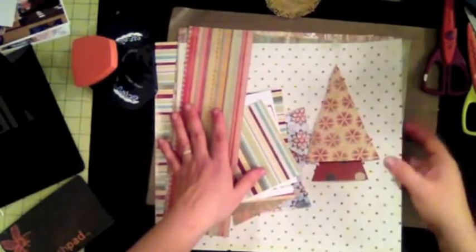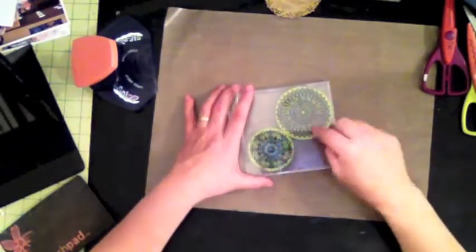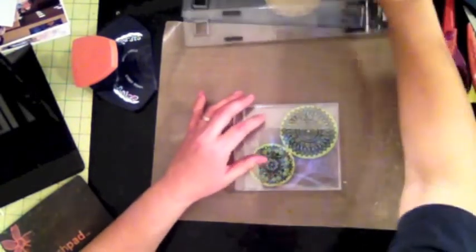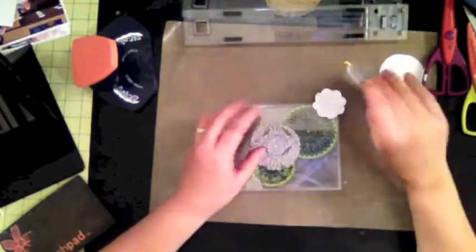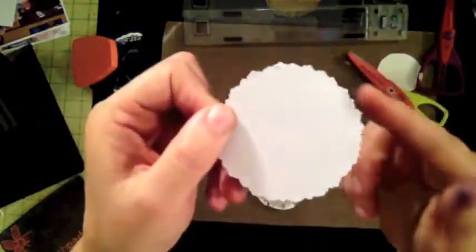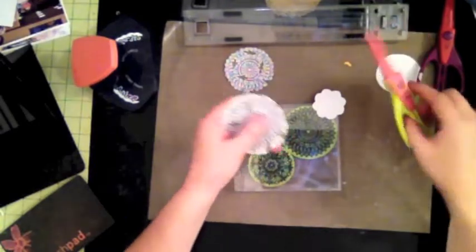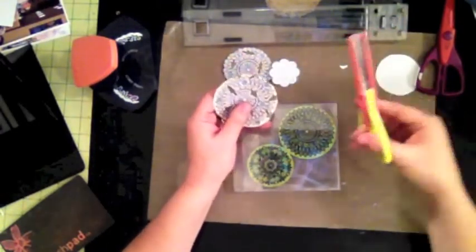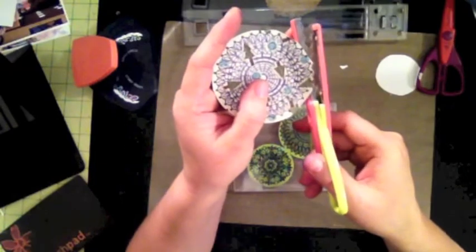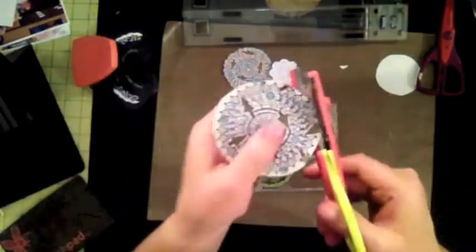And the first tip that I want to show you is how to use these stamps. I usually like to stamp them and then cut them out. But sometimes it's tedious to cut each and every little circle like you see here. So I'm going to show you how you can use your deco scissors to cut so that it looks like you have some shape around the doily, but you do not have to fussy cut it, because I don't like spending like 2 hours trying to fussy cut all my little embellishments. So I like to have some shortcuts, and one of the shortcuts is to get a deco scissors that is almost the same size as that scallop. See, my deco scissors is almost the same size as that scallop,